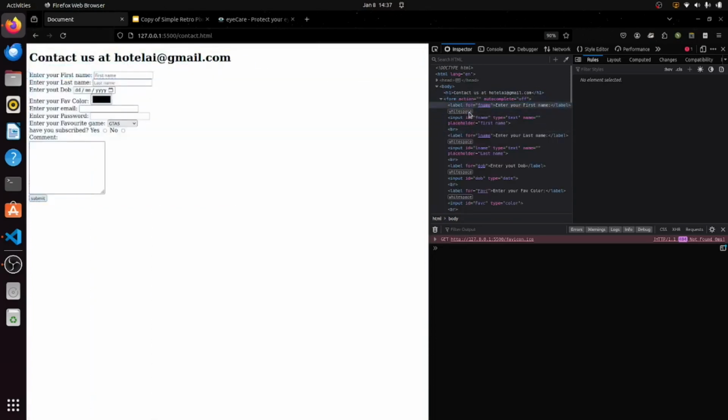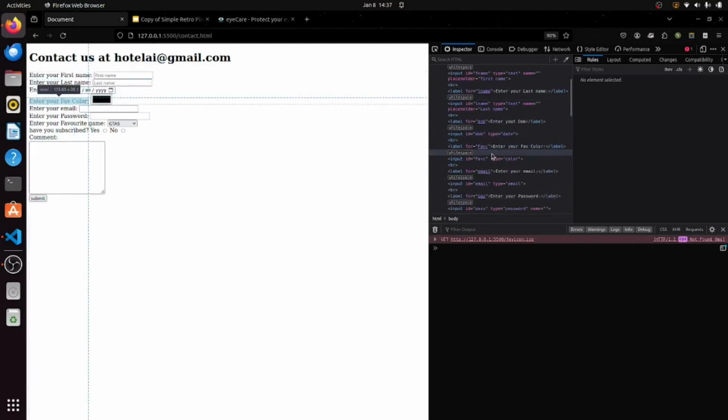there's a label, there's an input. Every input has a label. Not necessary, but you should give it for better user understanding. This input is assigned for this label. You can see it is being highlighted. This label is for this input. When you click on this first name label, it will bring up this input section. And this label is for this one, this label for this one, respectively, and the br tag is for line